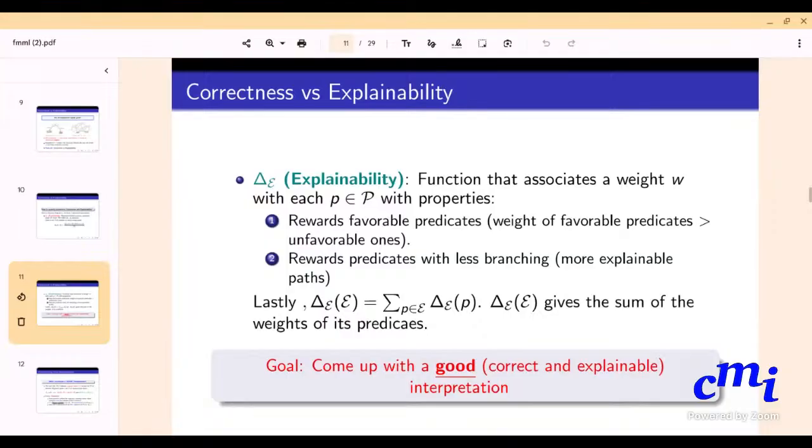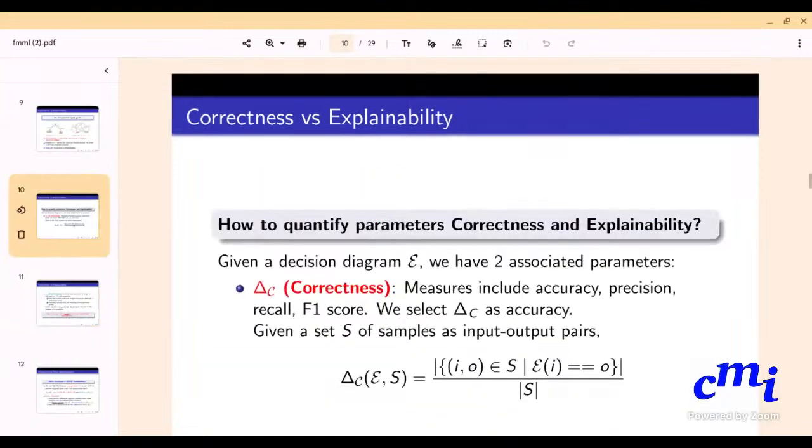Okay, let's take the simple thing. So, first of all, delta E is a measure of explainability. That is somehow defined given certain weights to each of those predicates. And given a particular explanation, as a decision tree, which is the structure, and the weight for each of those predicates, there is a formula to compute the explainability measure, delta E. Correct? Yes. Now, that is very clear. Go back to one of the examples and tell me how it is.